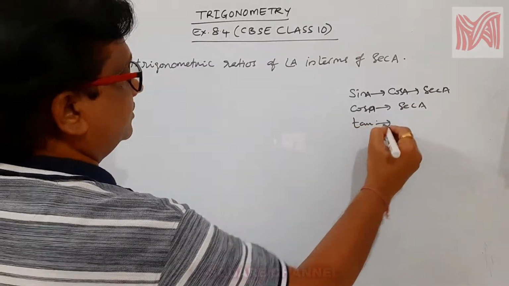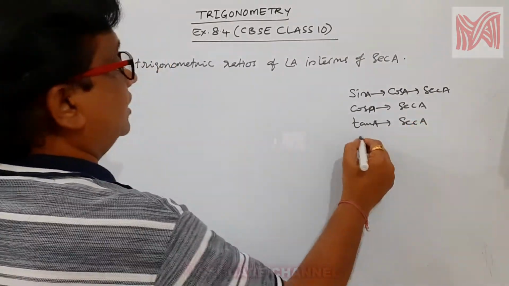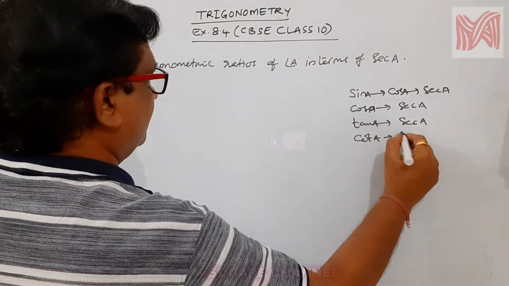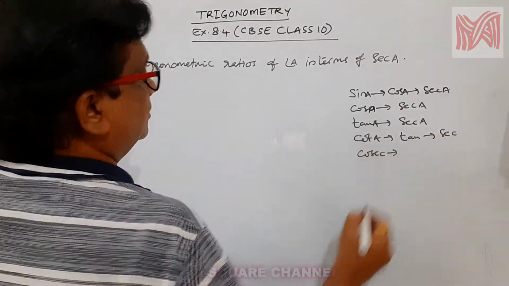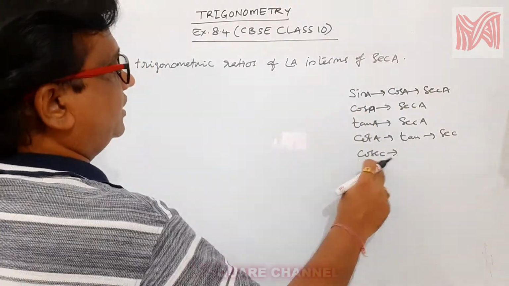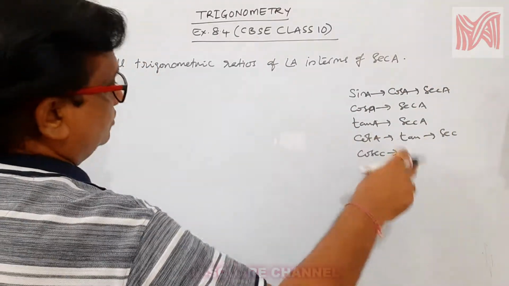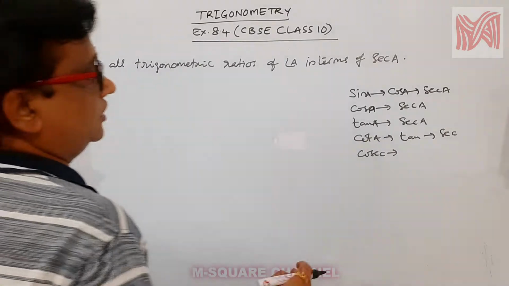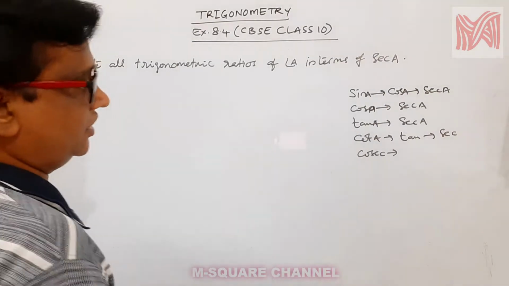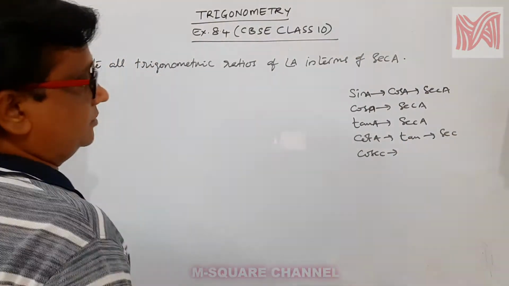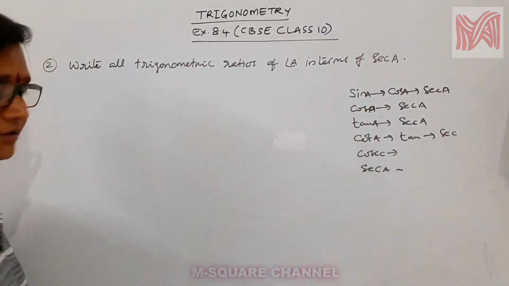Tan A direct in the identity is there, so we can write it directly. And cot, first you write in the form of tan, after that secant. Cosecant, you can write sin form, after sin form cos or secant. So that is our wish to travel. How to travel? That is the most important. So cosecant to cot, cot to secant, cot to tan, tan to secant. That is depend upon our method procedure. And secant is always secant. So already it is given secant equal to secant.